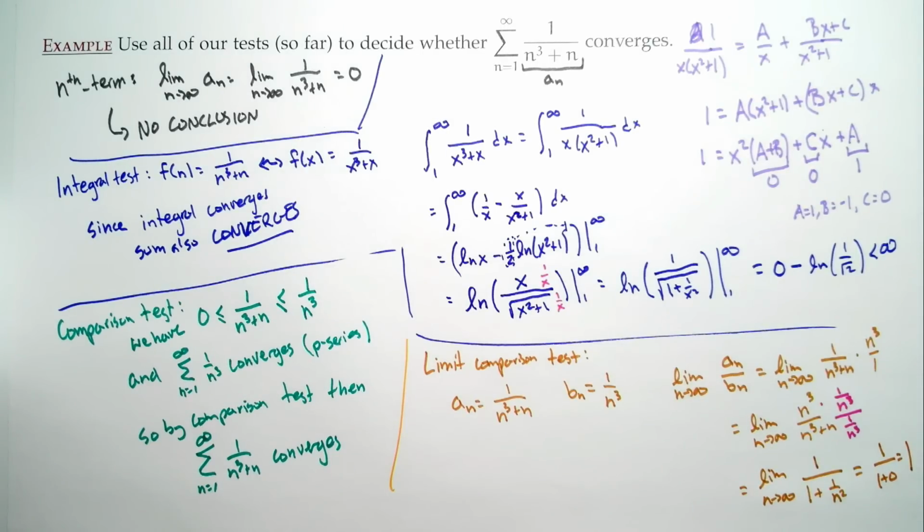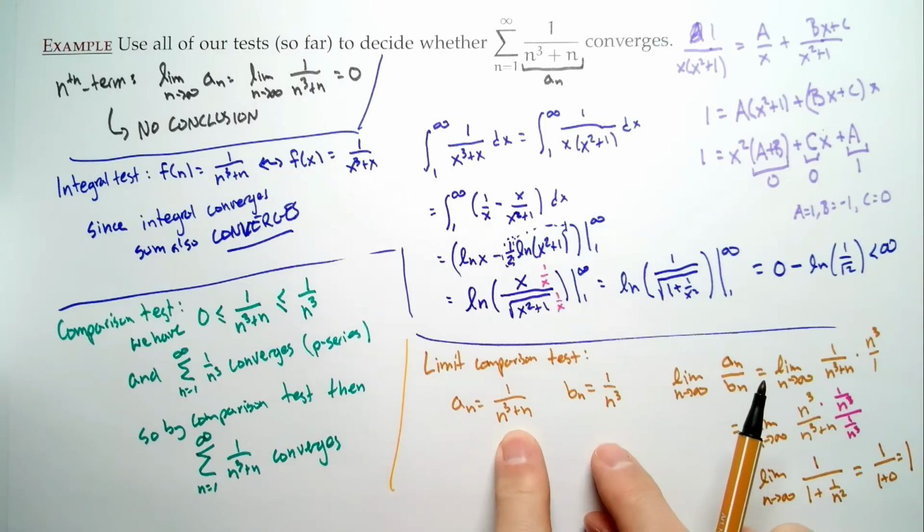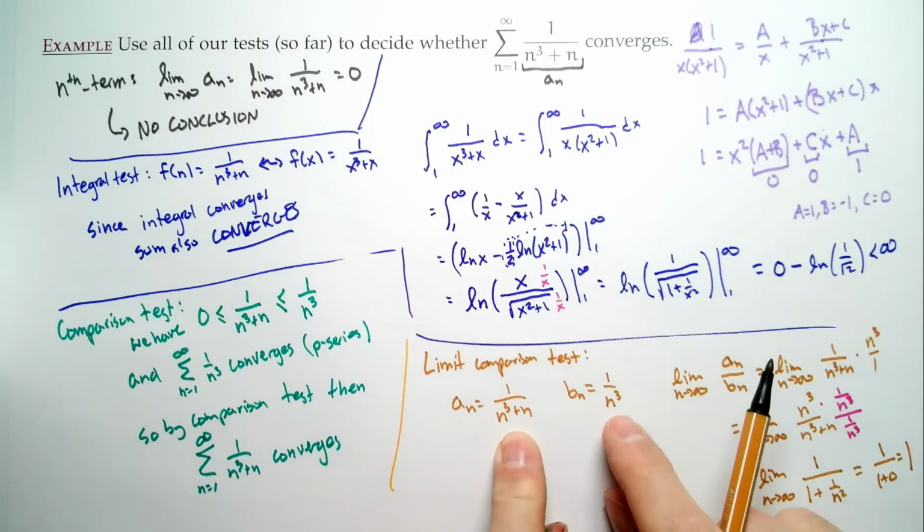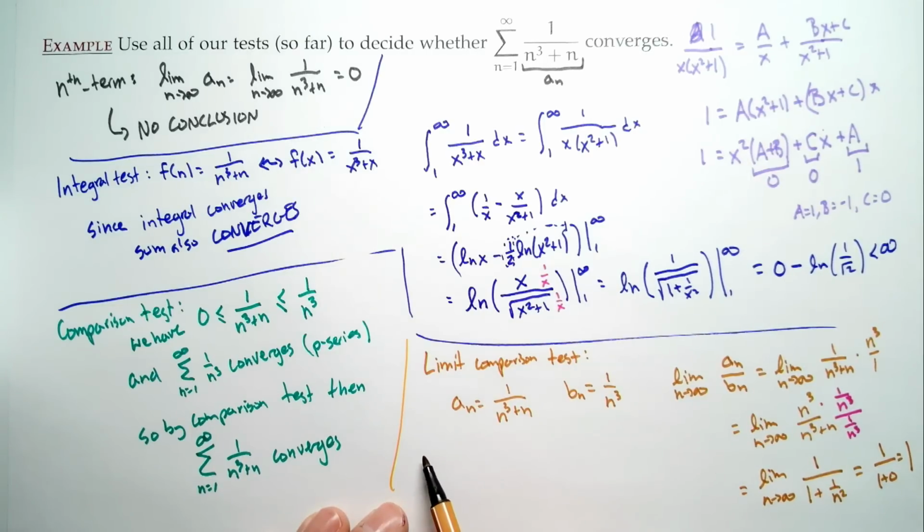Okay, well, what's our conclusion? Well, that's a 1. What that means is that whatever the sum of 1 over n cubed plus n does, the sum of 1 over n cubed does. But the sum of 1 over n cubed is much easier. So, by the limit comparison test,